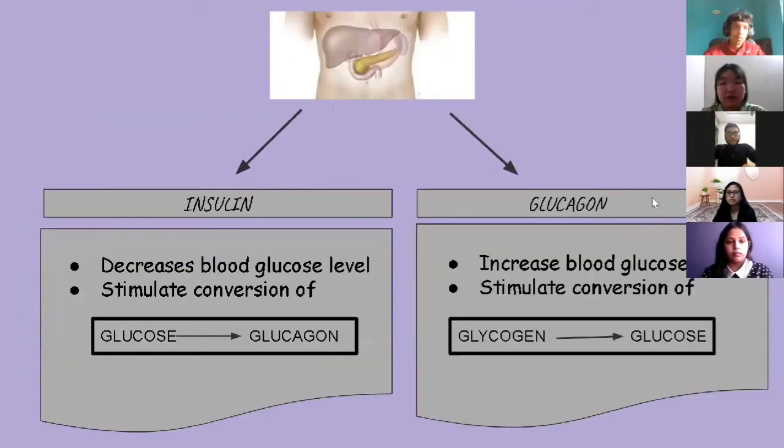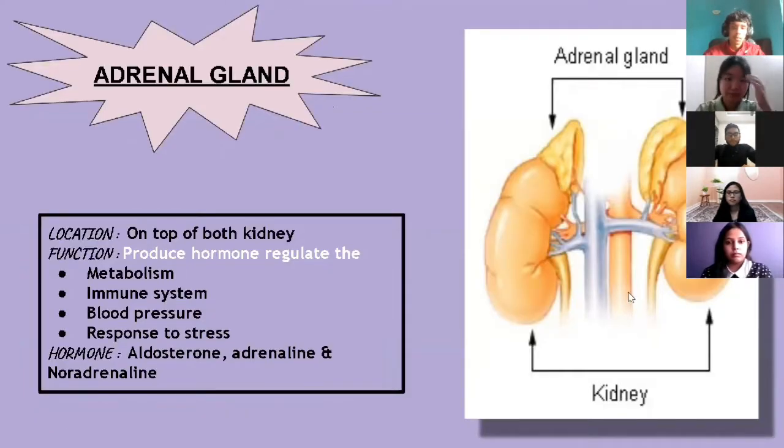Moreover, the next organ I will introduce is the adrenal gland. The adrenal gland can be divided into two areas, which are the adrenal cortex and adrenal medulla. For next slide,